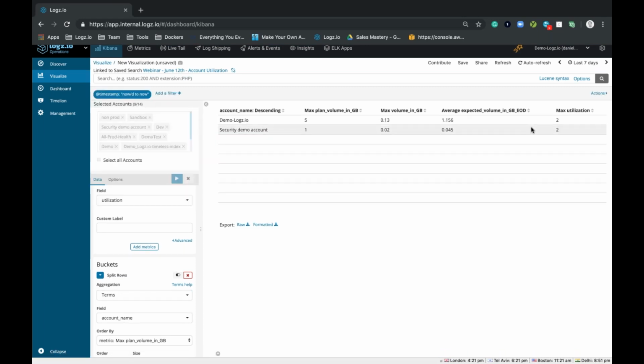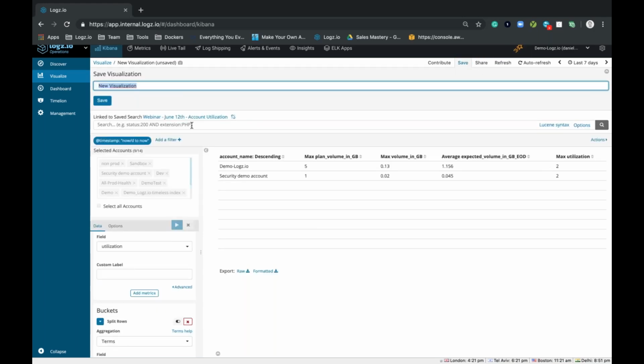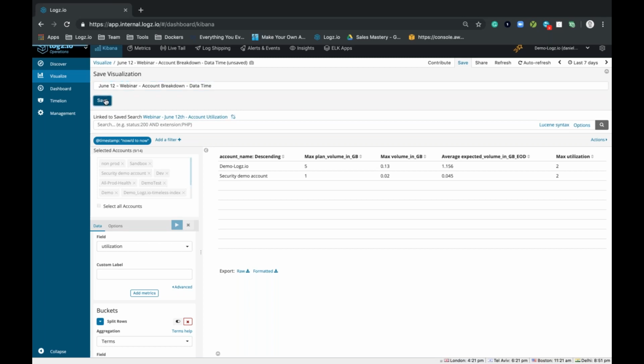Now we see the representation of the actual usage of our account from the beginning of the day until now, and each one of the different sub-accounts that we have in place. We're going to save this visualization as well so that we can use it within our dashboard. Again, we're going to use a clear naming pattern and convention so that we can actually find this when we're